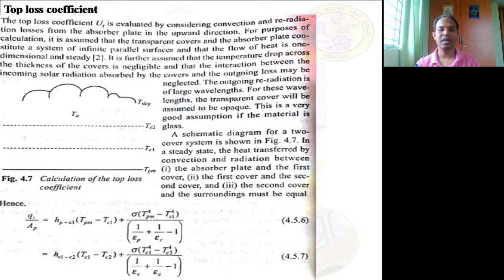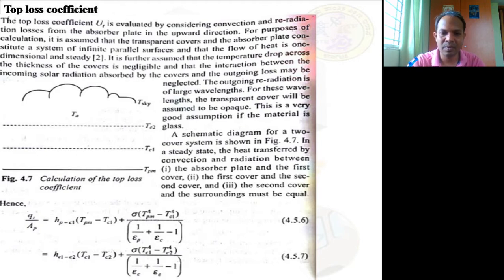It is not in your syllabus, but still I'll tell you. The Stefan-Boltzmann law of radiation states that the rate of heat transfer by radiation is directly proportional to absolute temperature to the power of 4 of any material. If I am talking about radiation losses of this plate, it is nothing but Q directly proportional to absolute temperature to the power of 4. Whatever the temperature of this, it is the power of 4.